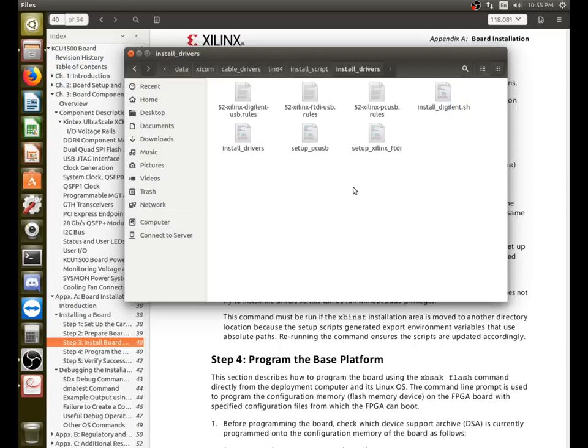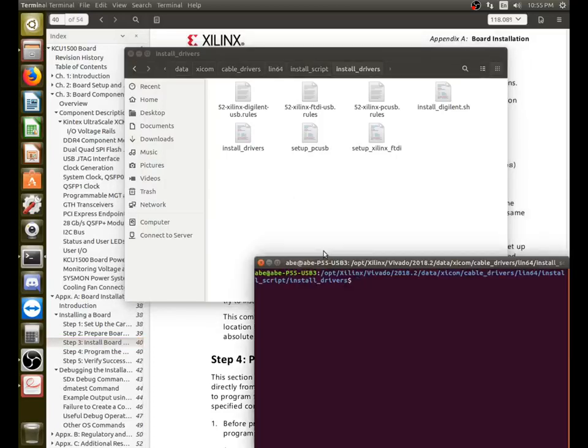And so what this will allow you to do is use the JTAG USB UART connection that is on the board, which just means that you'll be able to load from the computer to the board without actually having to go through the PCI connection, which is a little bit tougher. So you'll just run this script. You'll go here, open the terminal, and then you'll do sudo dot install drivers,